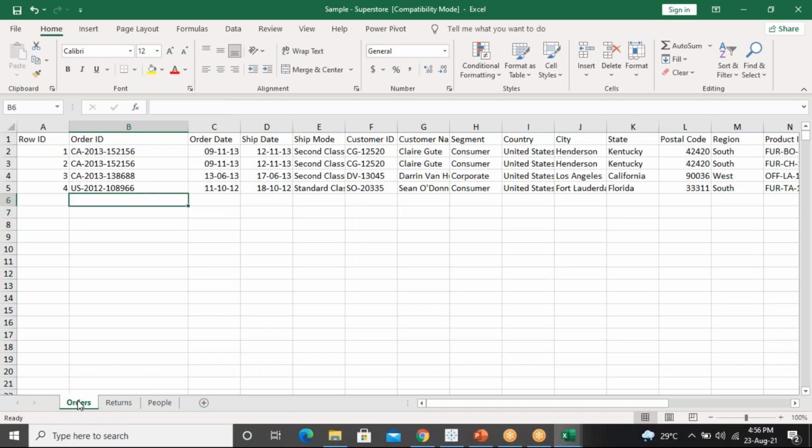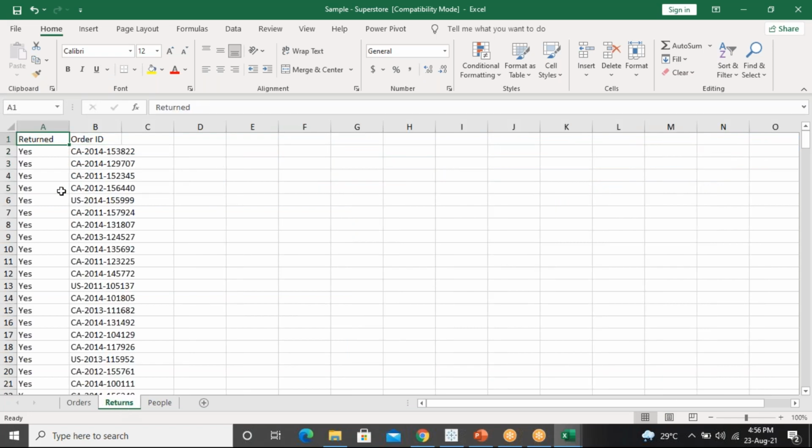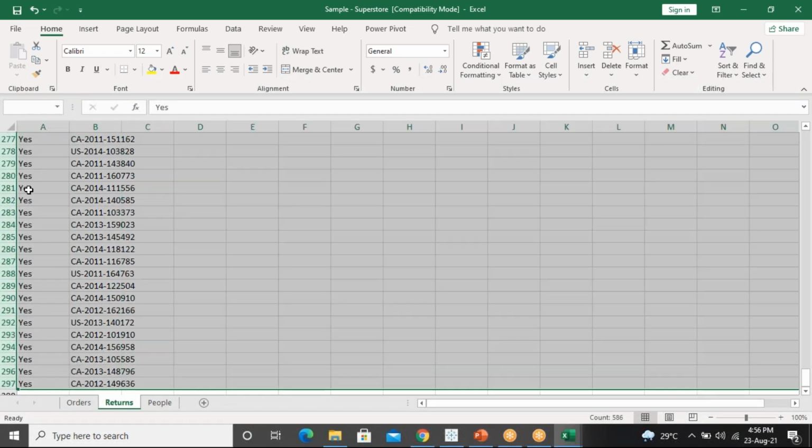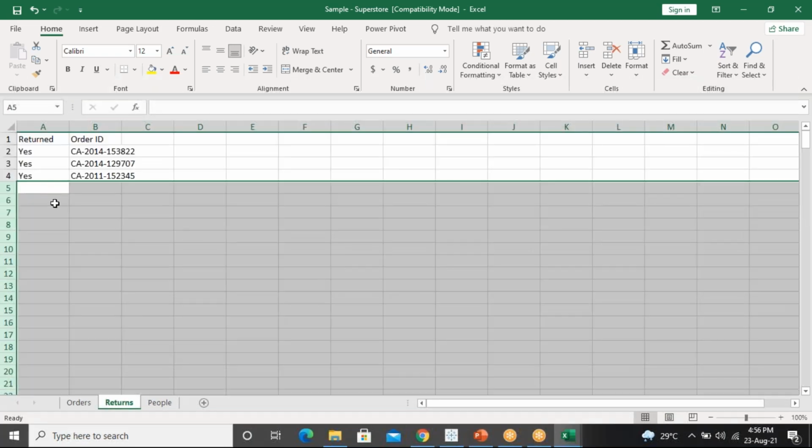In the order sheet I have taken only 4 and deleted all the remaining records. And again I go to the returns, having some 3 here, again the remaining everything I will delete.